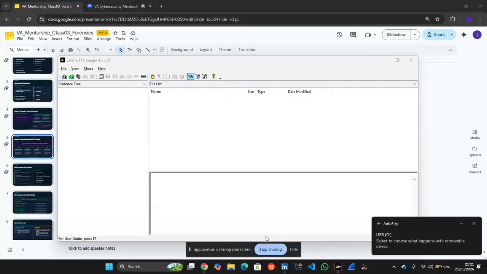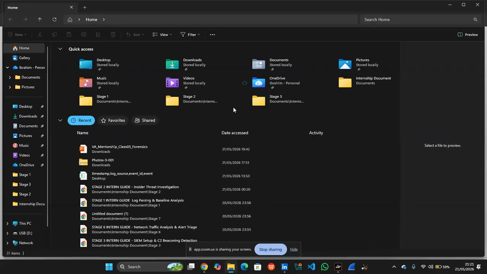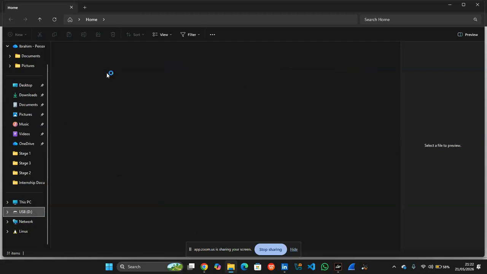So we are going to be doing our investigation on this particular device. Let's assume this USB device was involved in a cyber attack, or let's say one of our employees found it and it was a scheme for social engineering. I believe you guys already know what social engineering is, right? There's a type of social engineering in which the attacker can just throw a USB device where the employee can see it and carry it, and maybe try to use it. So let's assume this is a USB device I found on the floor as an employee. I handed it over to the security team, which is also me. I'm going to do the investigation on this particular flash drive and see what it contains. As you can see, this is a USB device, USB-D.